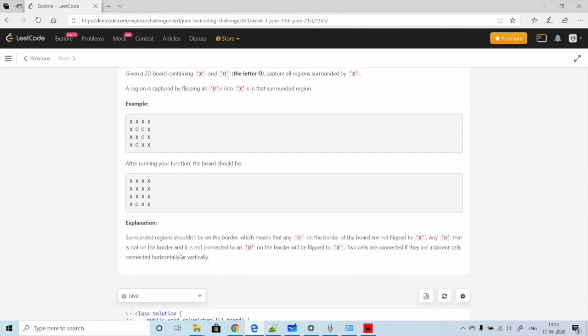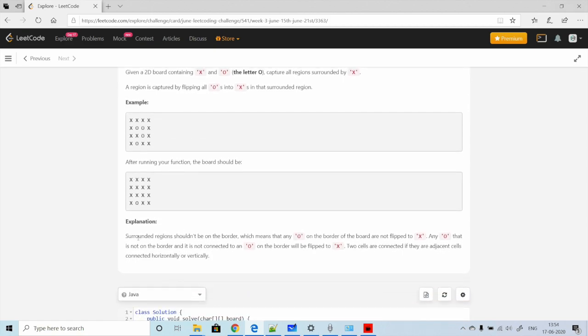Now in the explanation, surrounded regions shouldn't be on the border, which means that any O on the border of the board is not flipped to X. Any O that is not on the border and is not connected to an O on the border will be flipped to X. Two cells are connected if they are adjacent cells, connected horizontally or vertically.